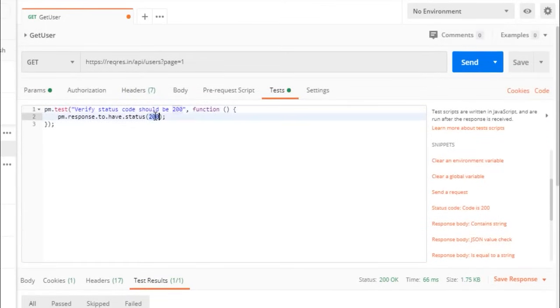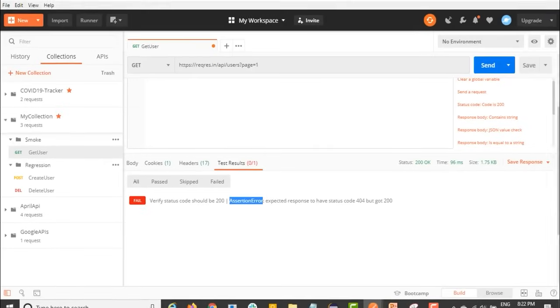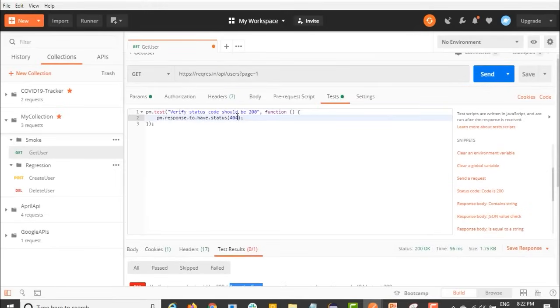What if I change this to, let's say, 404, but ideally the actual is 200, so definitely it should fail. The moment I click on send, you can see it failed, and now it is giving you an assertion error that expected response code was 404 but we got 200, right, as you can see here. So definitely it should fail, and it failed. So this is how this test works. This is the basic test that you need to add in each and every request that you're making. But let me also show you a couple of other snippets that you have to use frequently along with